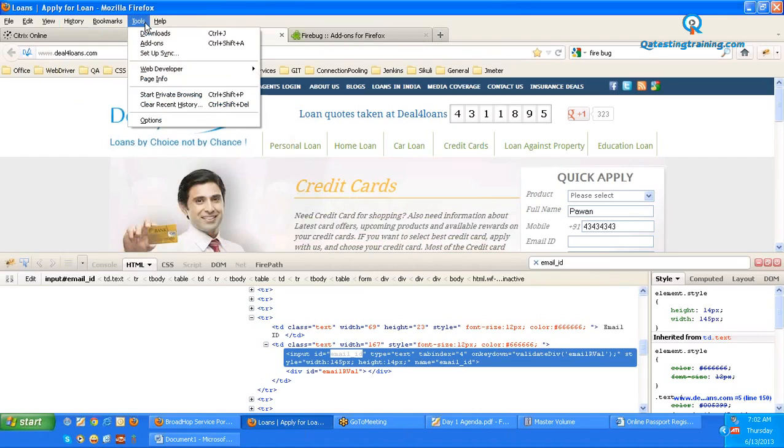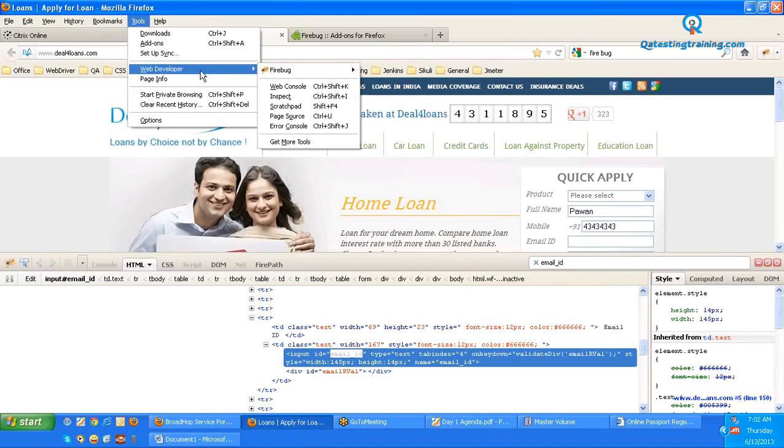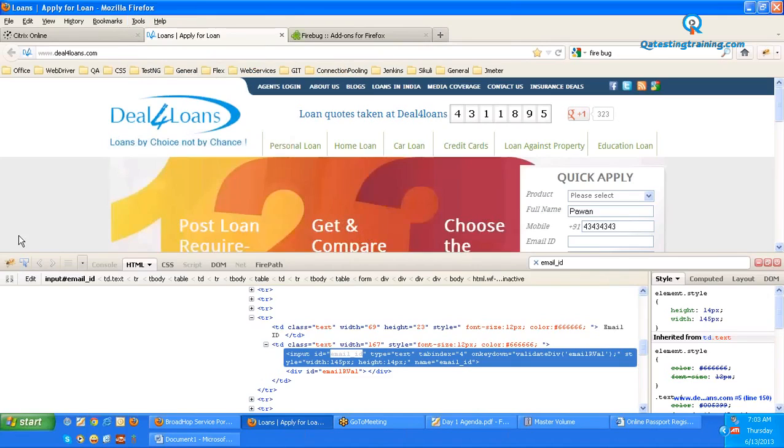Under that, do you see Firebug? Okay, so try to click on the pointer available and select any element. On the left side, you see a pointer. And select